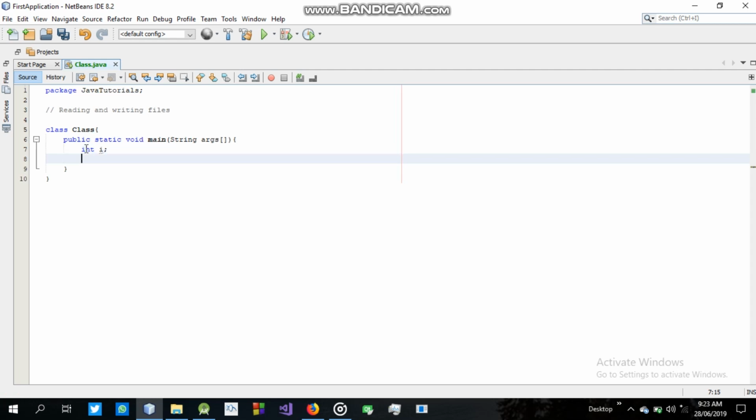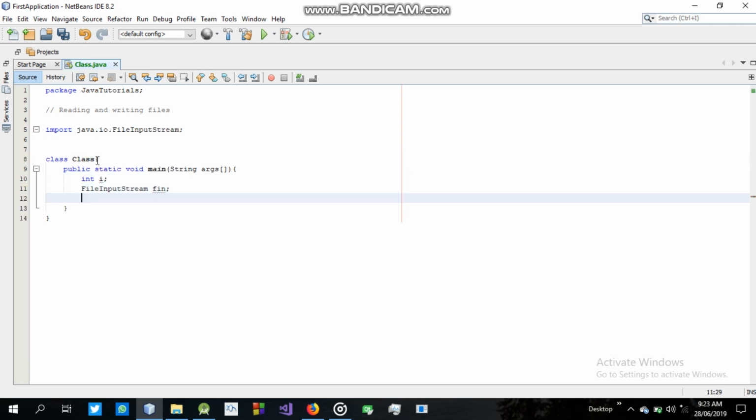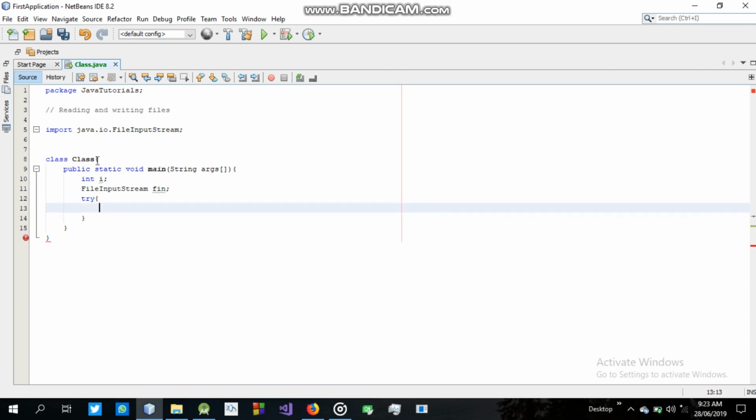So first we're going to create an integer i, whose usefulness we will know very soon. Next, let's create a FileInputStream object, and let's call it fin. Let's add the import. Now let's create a try and catch block, because this operation we're about to do throws an exception. So fin equals new FileInputStream,